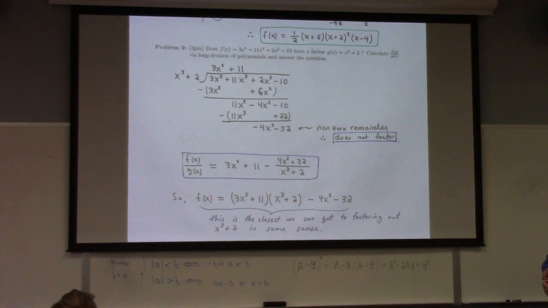So that's kind of an interesting problem to look back at. I would say that that aspect of the problem is in some sense bonus, but